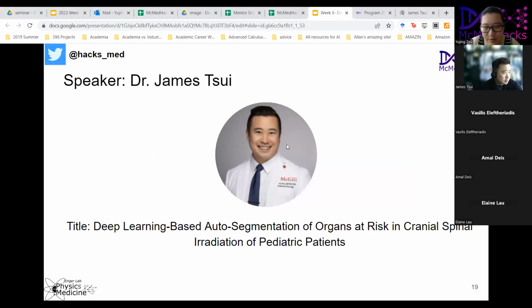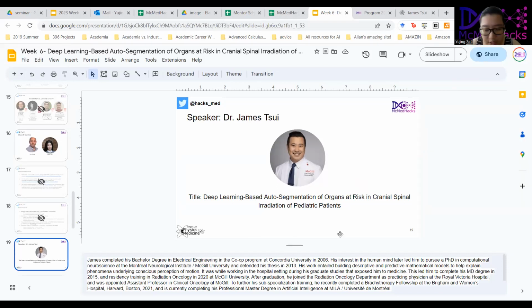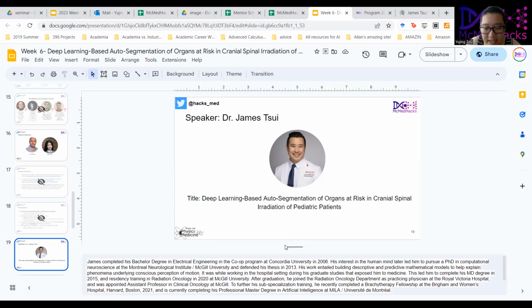Great. If you don't mind, I will introduce Dr. James Tsui here. He will go through his research on auto-segmentation of organs at risk in craniospinal irradiation of pediatric patients. Just in short, he has many degrees. He has done a bachelor's degree in electrical engineering at Concordia, and he has a main interest in the human mind. This later led him to pursue a PhD in computational neuroscience at the Montreal Neurological Institute at McGill. His work entailed building descriptive and predictive mathematical models to help explain phenomena underlying conscious perception of motion. It was while working in the hospital setting during his graduate studies that he was exposed to medicine,